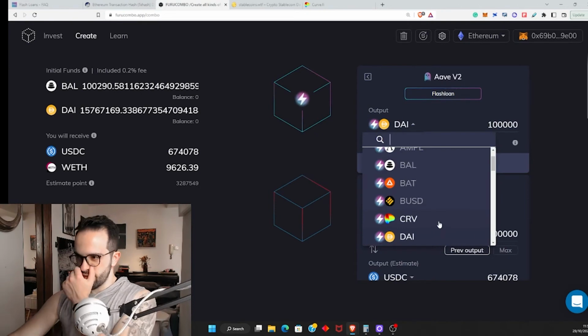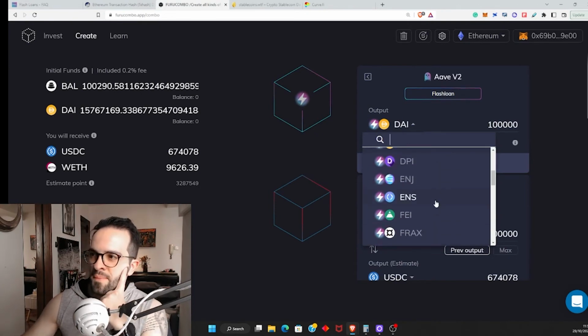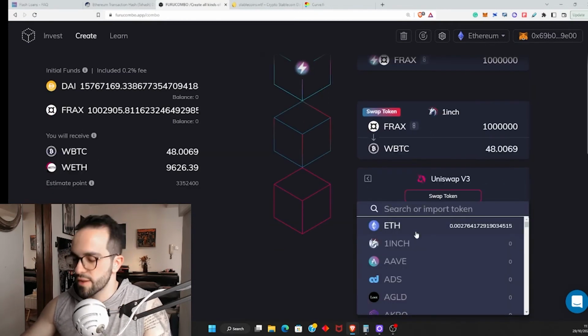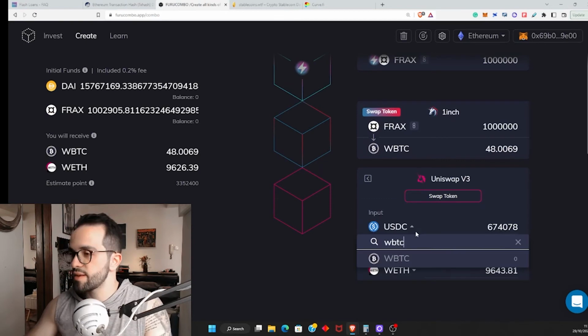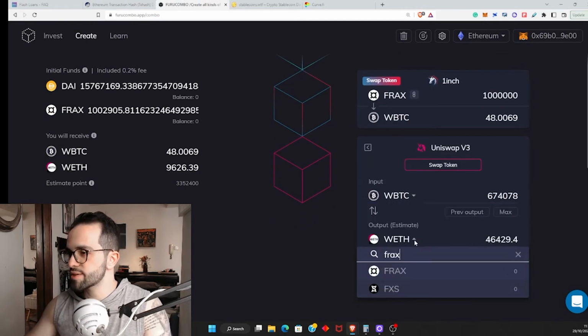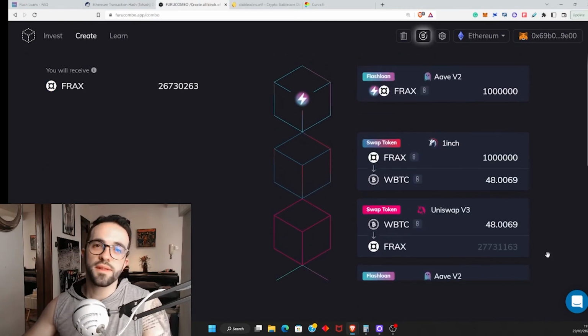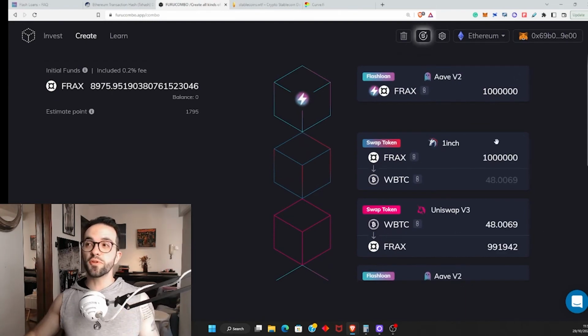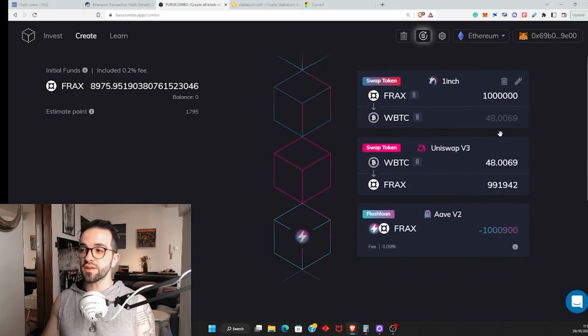Now let's try something different. Let's say I want to get a loan in Frax, WBTC, wrapped Bitcoin, and then we exchange the wrapped BTC back to Frax. And again, this will not be advantageous, but you get the idea. You will be able to initiate a loan worth millions of dollars without actually having these millions of dollars,